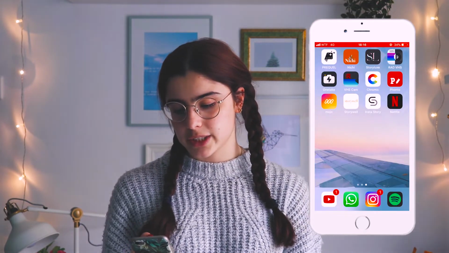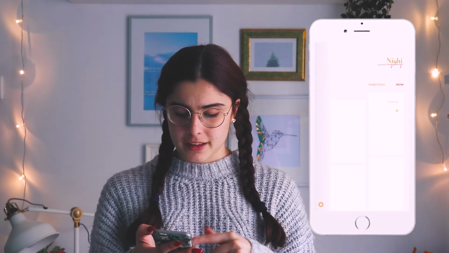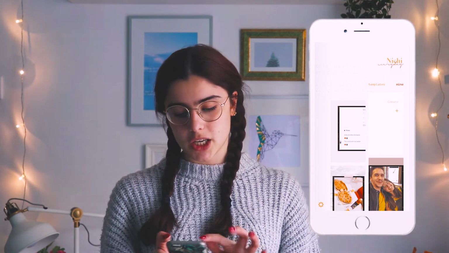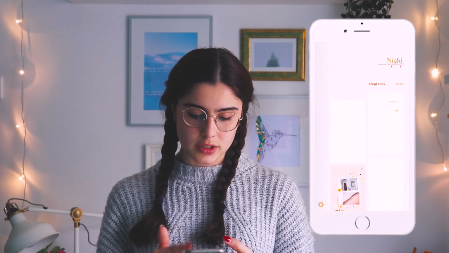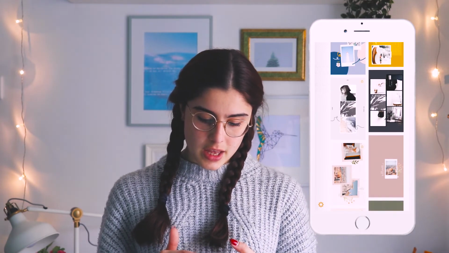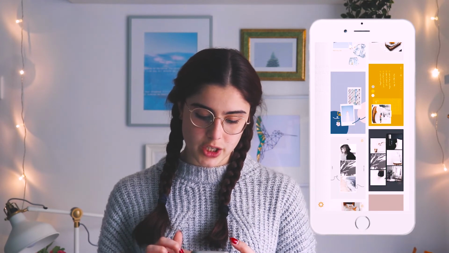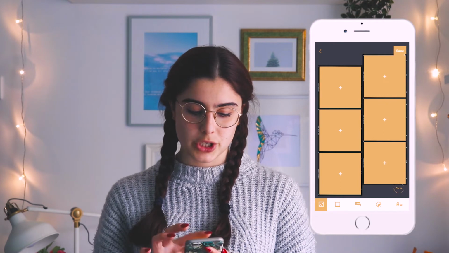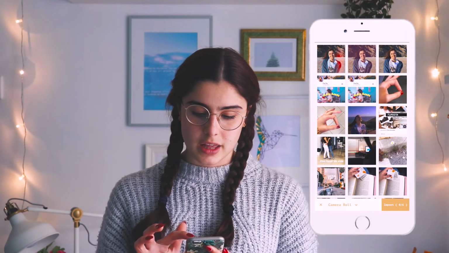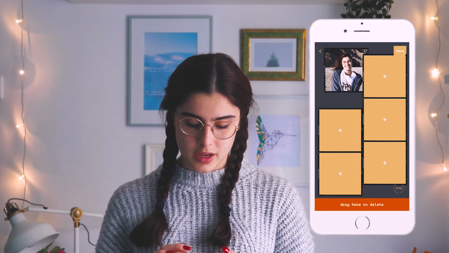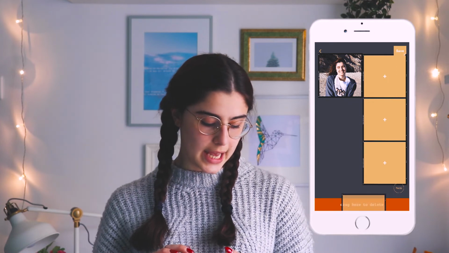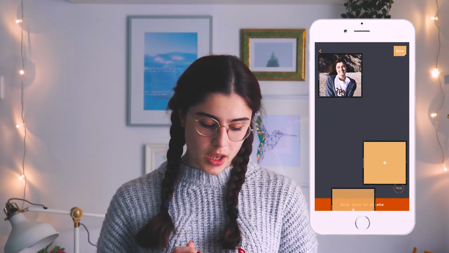Then only for Insta stories I have Nichi as well. This is a really cool app that I discovered lately. It was kind of long ago, but you know. You can create your own templates or use templates that are already done, and you can change a lot of stuff, and you can use a lot of frames for the pictures, which I found very nice and which comes in handy whenever you're doing some Insta story editing work. And you basically can scale your pictures, change